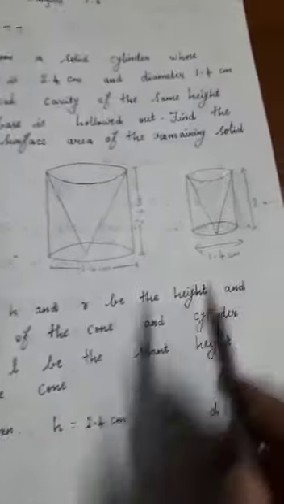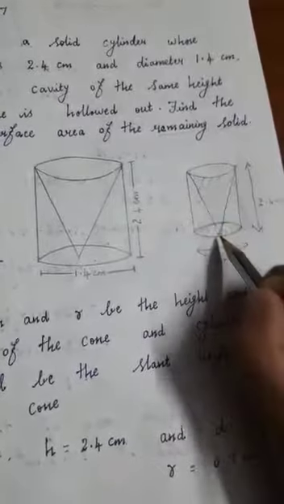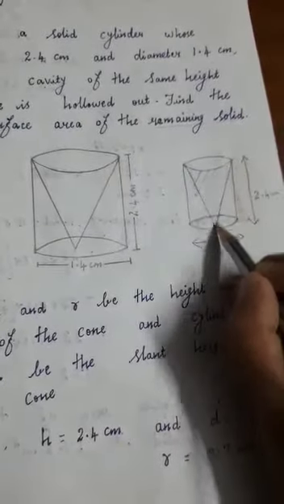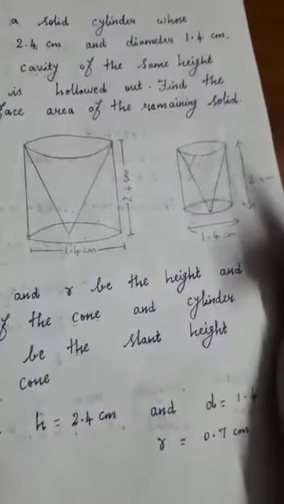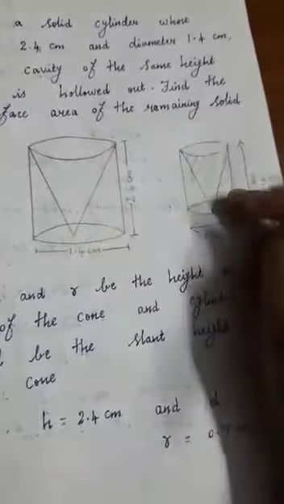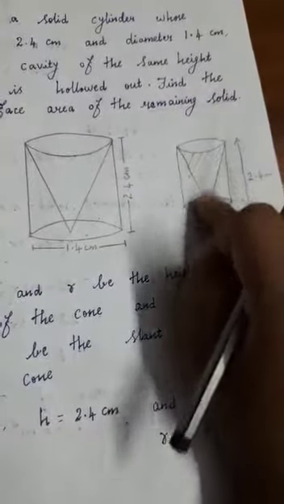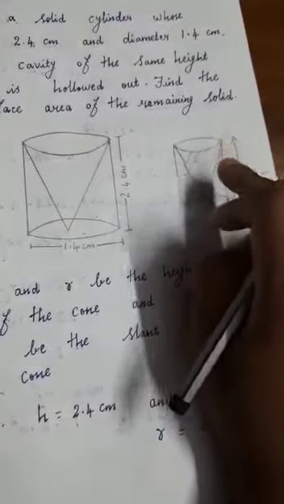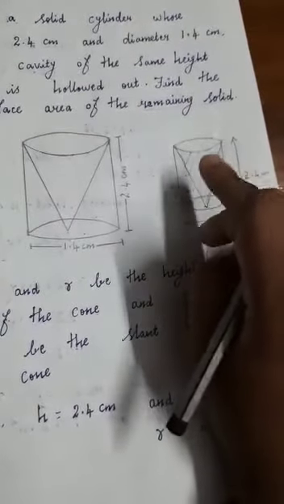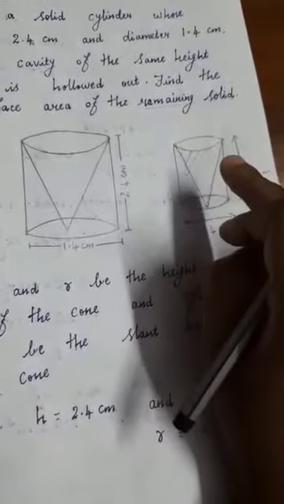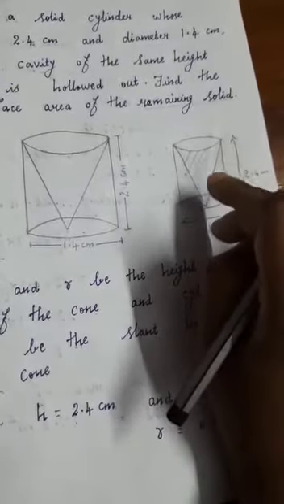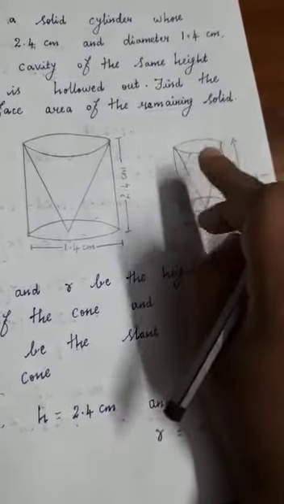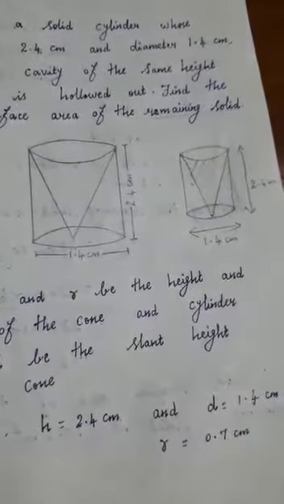Let l be the slant height, because here we are cutting the cone shape. But the slant height, you know or not? In our question they didn't give, so you also don't know the slant height. You need to find out the slant height, because CSA of the cone means the formula is pi r l. So l, the slant height, we need. Slant height we don't know, but we know the formula to find out the slant height. What is the formula?